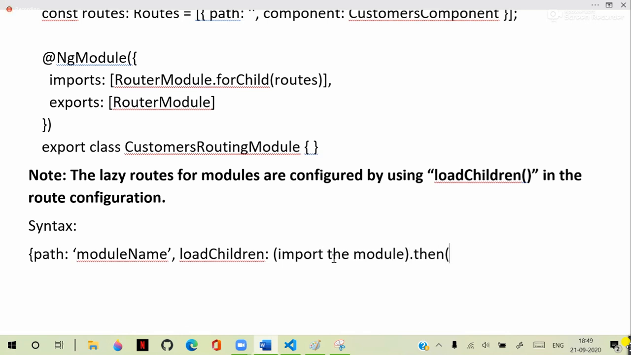Then we have to load the module. That is the basic syntax we have to define. We need to first import the module and then load the module. For that, syntactically,